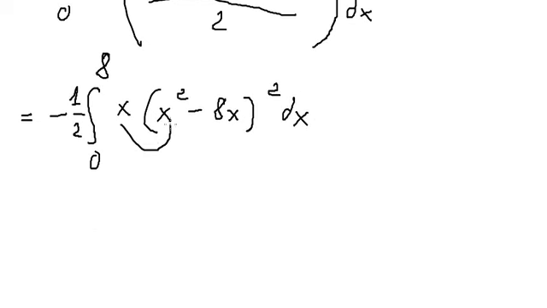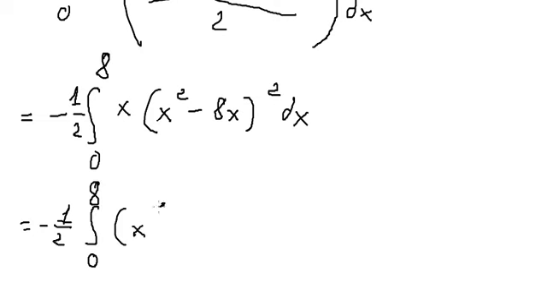So this one multiplied by x squared and ax. So we have x to the power of 3 minus,